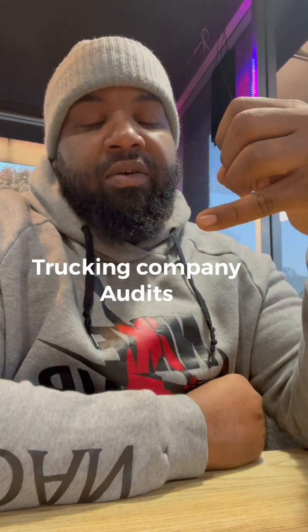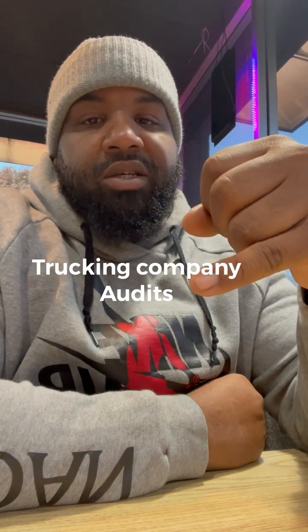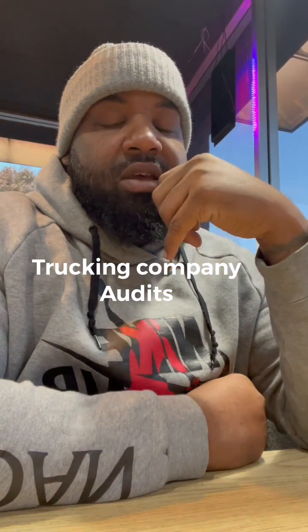You have to have a DOT inspection card for every year. You're supposed to get it done annually. So every year you have to have that. Your log books,